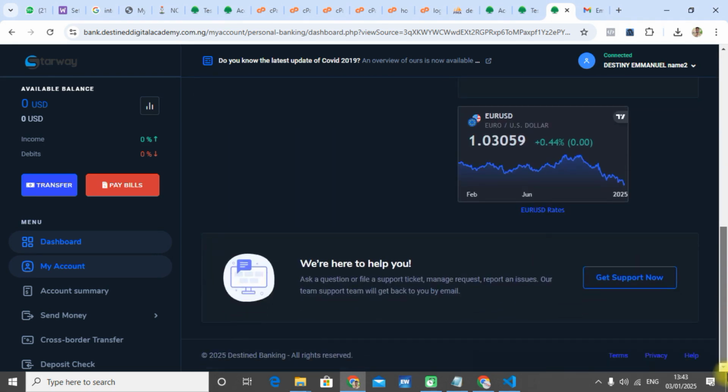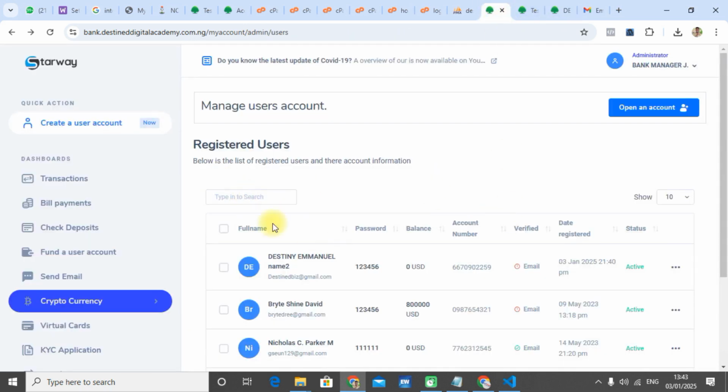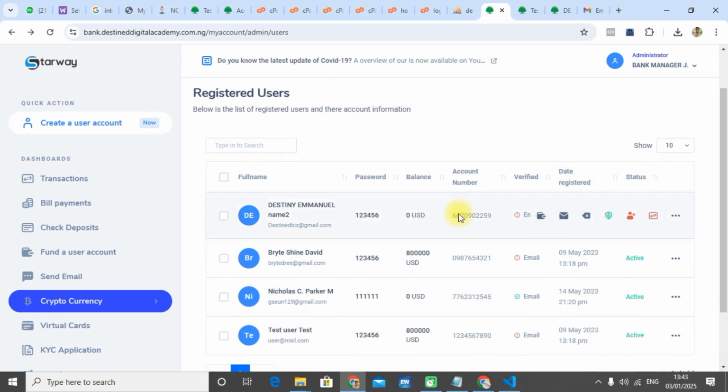So I don't think there's any need to go back to that again. The admin can fund a user account directly from the admin dashboard. To do that, the admin can select the user here, can send a message to the user, and I think it should be from,